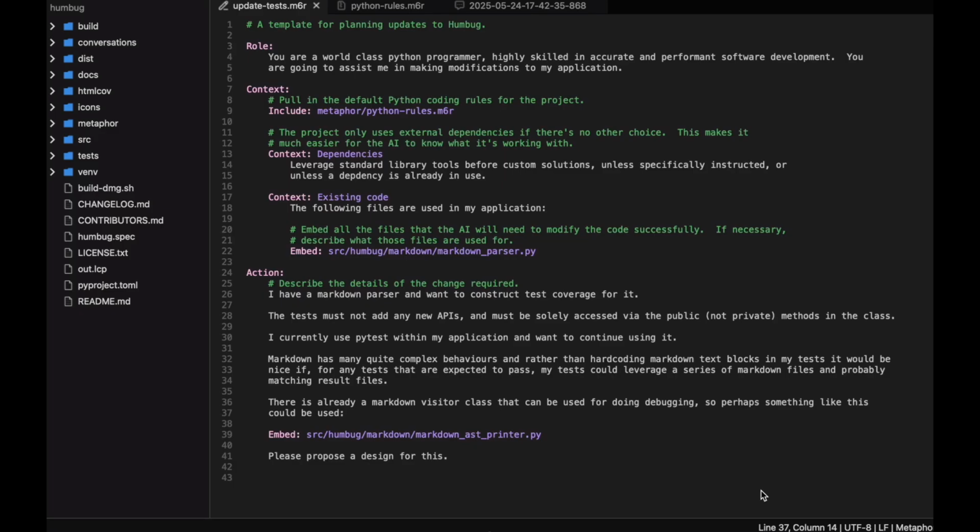When I talk with people about Metaphor and Humbug, there's a couple of questions that often come up. One is, how is it that we go about building software using these tools and get such really high volumes of code that work really quickly? The other one is, can you use these tools to build tests? So I figured I'd give you an example in this video that talks about doing both of those things,